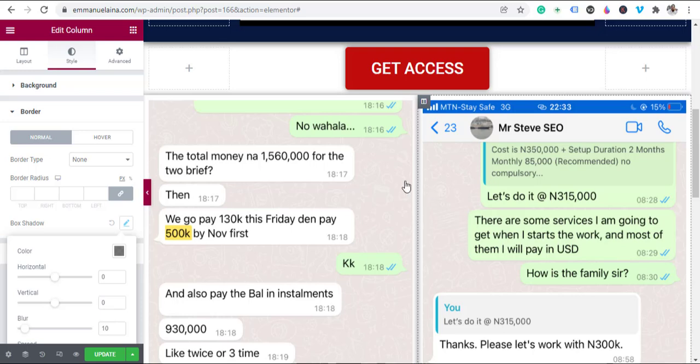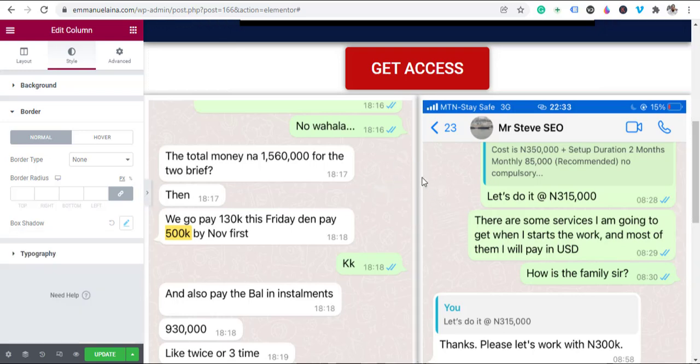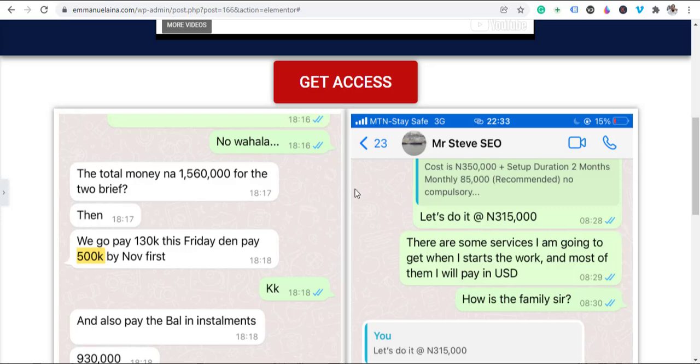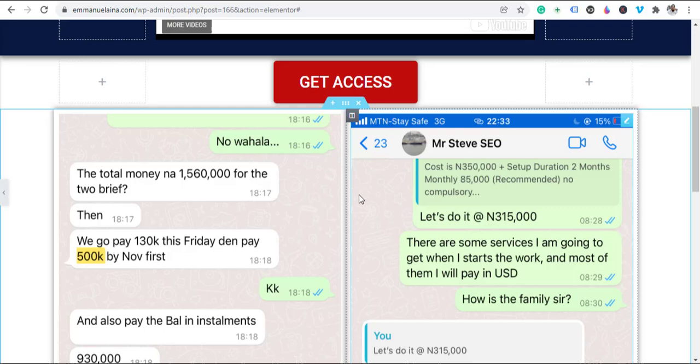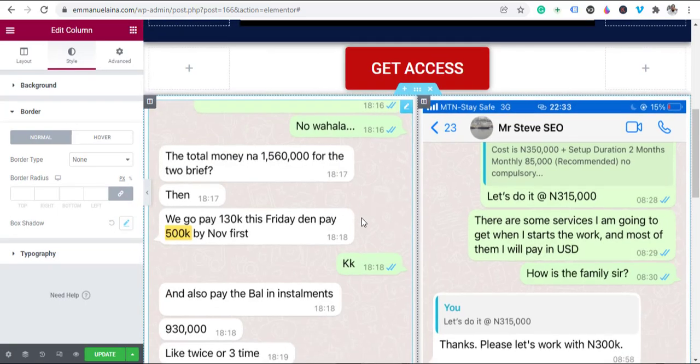I don't like how these guys are sitting. You can see they're sitting, there is no space between these two. So all I can do is give them a little bit of space between these. So how you're going to do that is very simple. Now, if I hit on this, this element contains the two of them. So if I hit on this element,